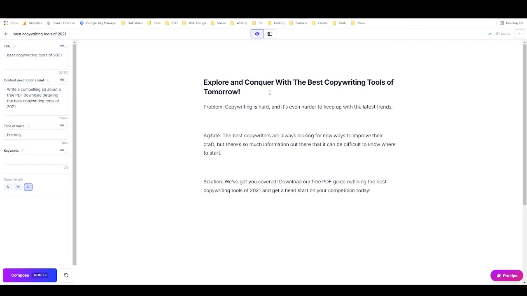Copywriting is hard, and it's even harder to keep up with the latest trends. The best copywriters are always looking for new ways to improve their craft, but there's so much information out there that it can be difficult to know where to start. We've got you covered. Download our free PDF guide outlining the best copywriting tools of 2021 and get a head start on the competition today. So that's not bad, but if I don't like it, if I don't like something that Jarvis generates, I can